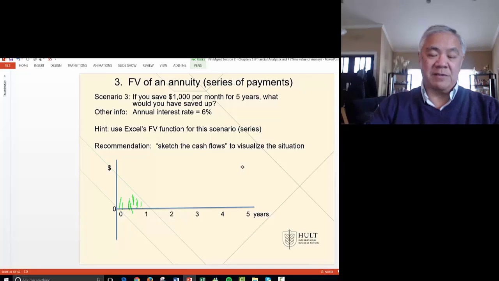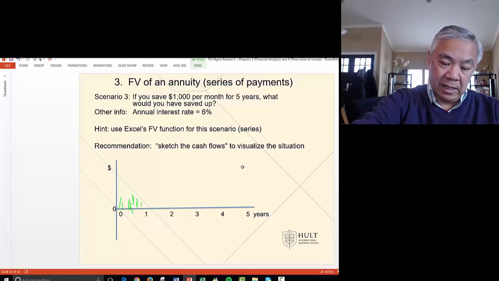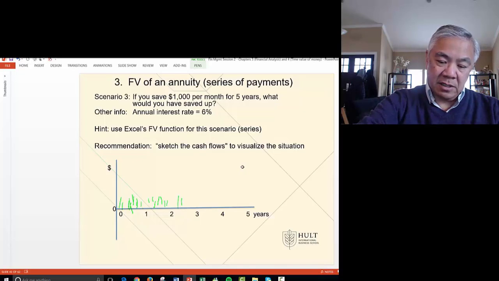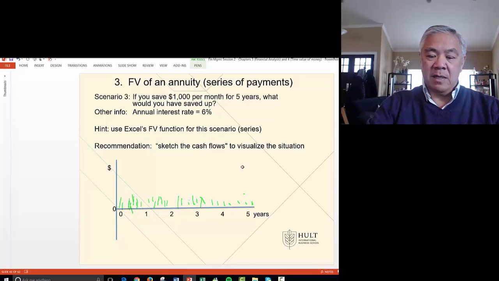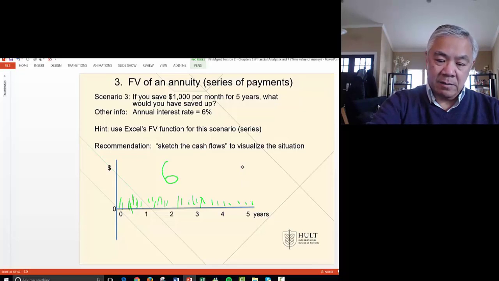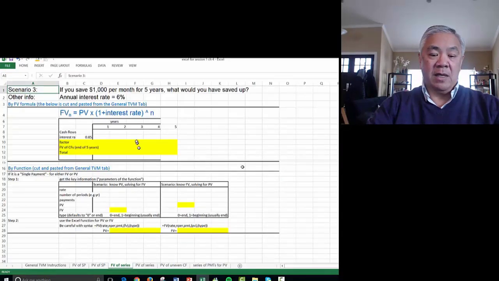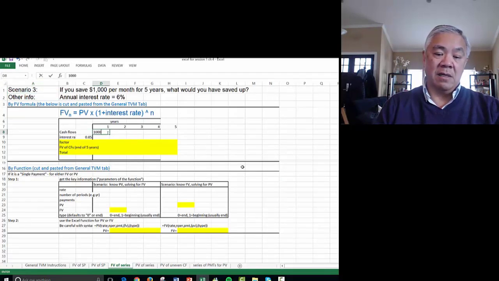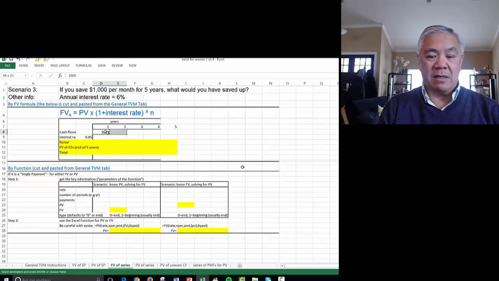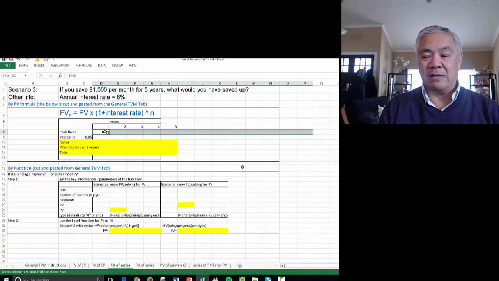9, 10, 11, 12, right? We'll have 12 payments in year 1, and likewise, we'll have 12 payments in year 2. So you can visualize that over the course of the time, we would have 60 payments. The next tab over. So it's $1,000 per month, but we have it for 60 months. So copy that, 2, 3, 4, 5, 6, 7, 8, 9, 10, 11, 12, all the way out there to